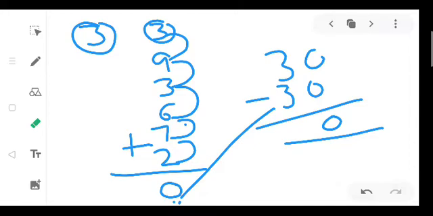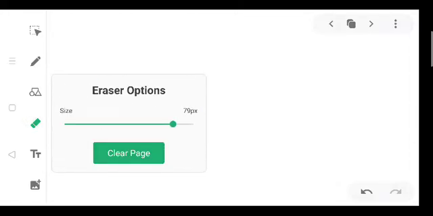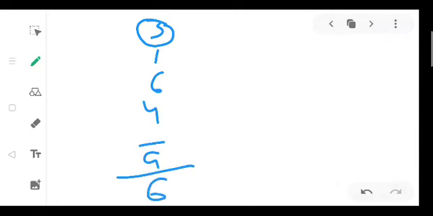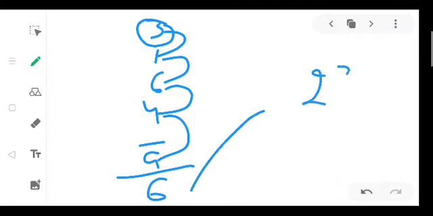Here there is no blank, so no need to write anything, but we added and we got the answer 30 here, 0 is here, and 3 will be carried to the 1000 place. Now next, we will add the 1000 place. We brought 3 as a carry, and the 1000 place digits are 1, 6, 4, blank, 9, and here is 6. Now add it. 3 plus 1, 4, 4 plus 6, 10, 10 plus 4, 14, 14 plus 9, 23. But here is 6. Is it 6? No. It is more than 23. So it will be 26.